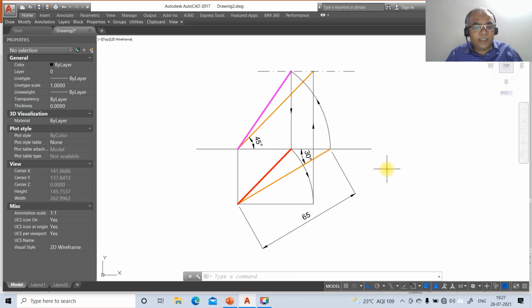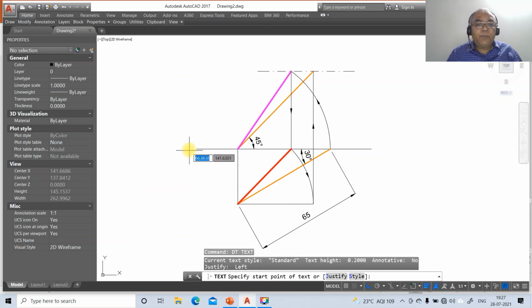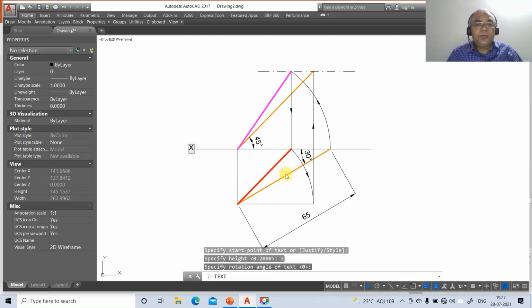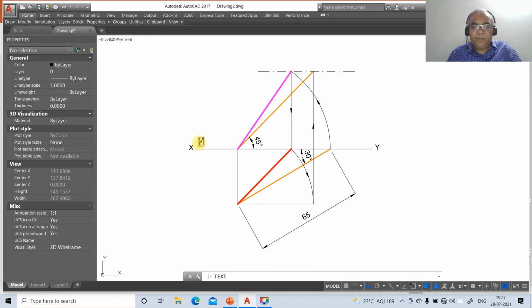Now we go for the text. Select this point, take height as 3, rotation angle as 0. So you mark this as XY, and now you mark this as VP and this as HP. So here this as capital P, and here also this as capital P, and this as capital Q, and here you mark this as locus of Q, and here also you mark this as locus of Q, and you mark